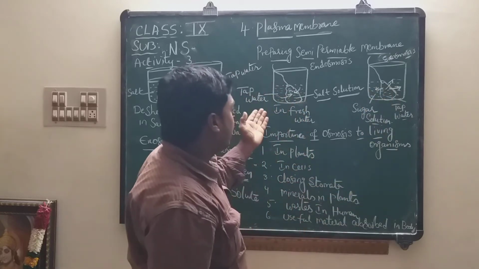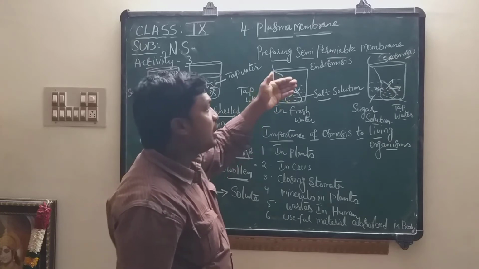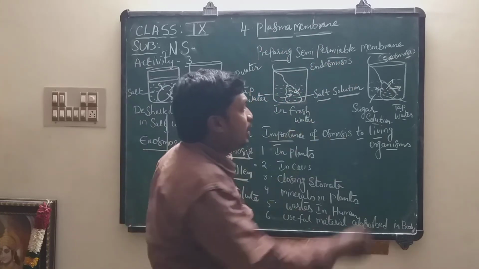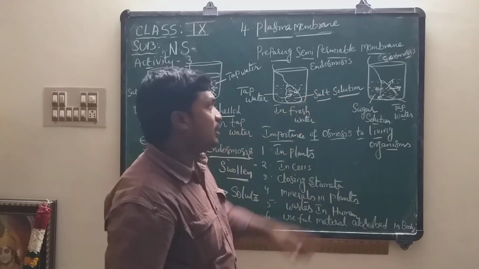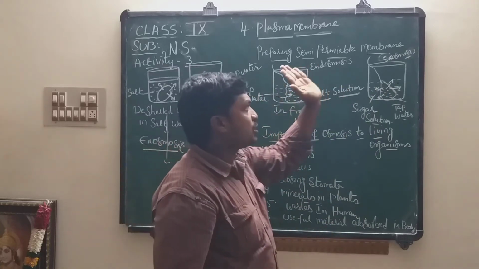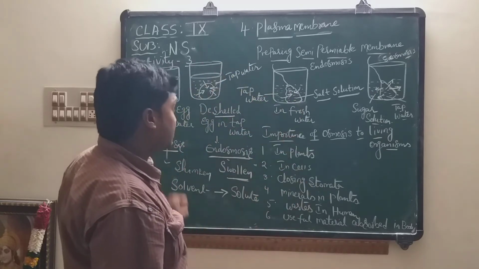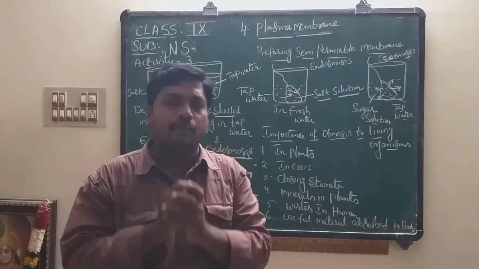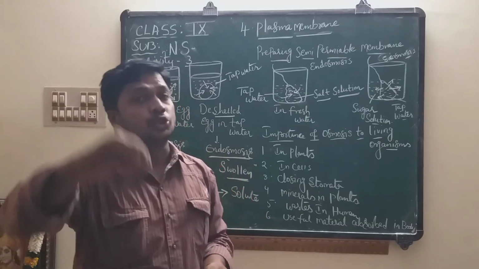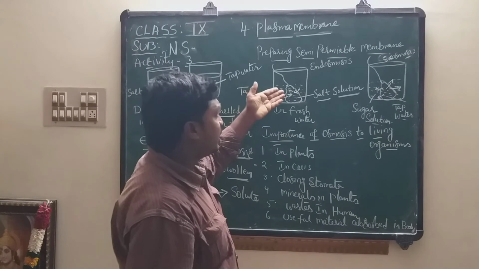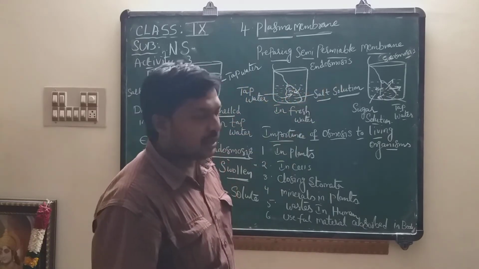In the first activity, tap water enters into the egg layer. In the second activity, tap water comes outside from the egg layer. Here, this is endosmosis and this is exosmosis. If you observe in these situations, only solvent molecules, that is water, move towards the solute molecules. Here, salt solution is solute, tap water means here solvent.